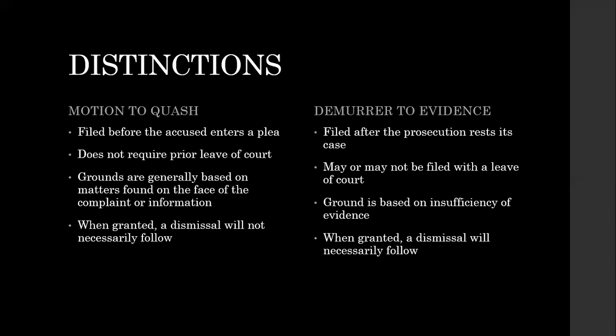So basically, the grounds of a motion to quash can be found on the face of the complaint or information. Another example is if the complaint or information charges 2 or more offenses. Di ba, bawal yung mga duplicitous offenses? Kasi kailangan the complaint must contain only 1 offense. Unless na lang if the act complained of results in 2 or more offenses, yung tinatawag natin na complex crime or compound crime.